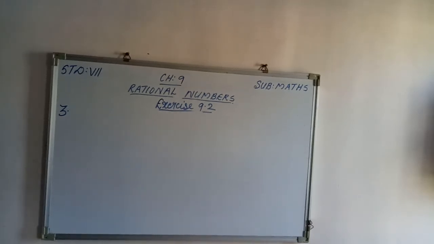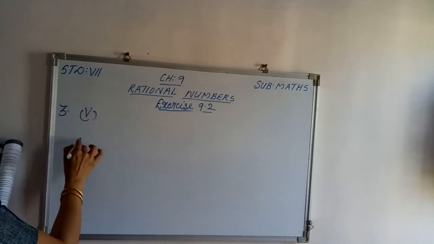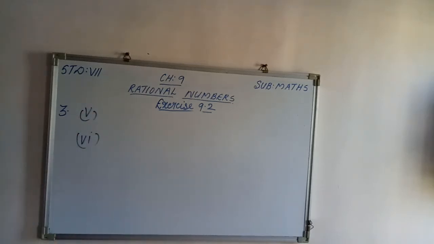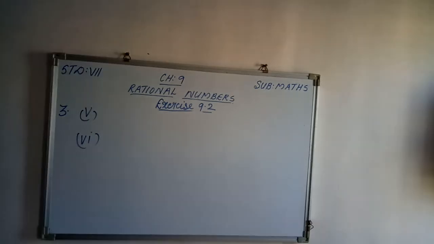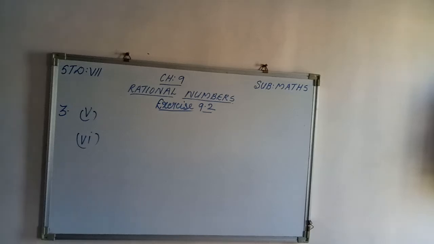Similar way, you can try question 5 and question 6. So I solved 1, 2, 3 and 4. Question 5 is 3 upon 11 into 2 upon 5. So multiply 3 into 2 upon 11 into 5. Question 6, 3 upon minus 5 into minus 5 upon 3. So here also 3 into minus 5 upon minus 5 into 3. There you can cancel minus 5 and minus 5, then 3 and 3. So the final answer you will get is 1 in question 6. Okay. Now we can start with question 4.